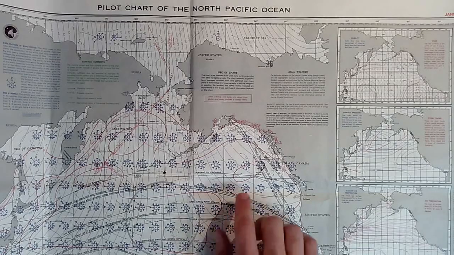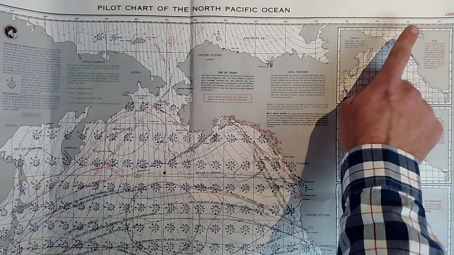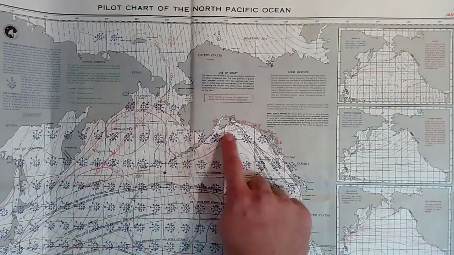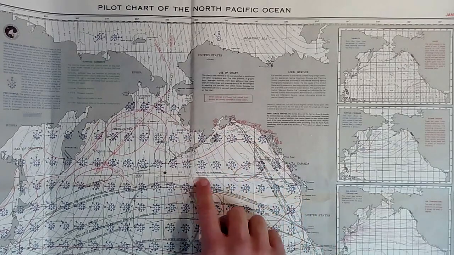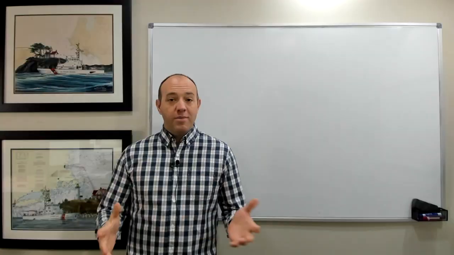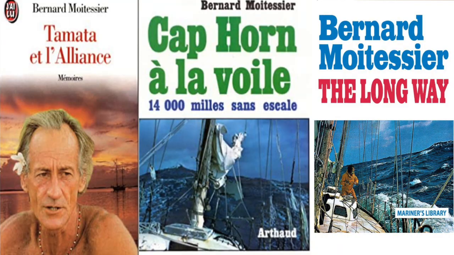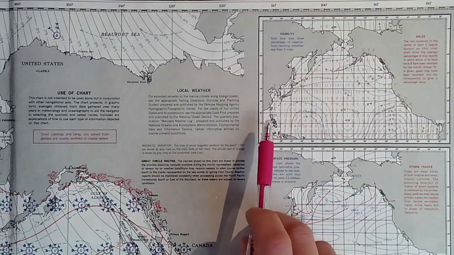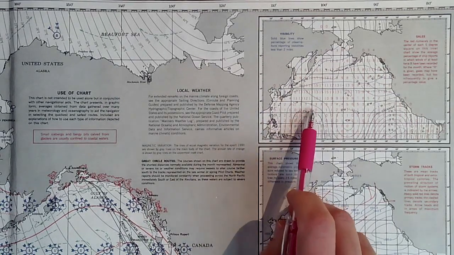The modern pilot charts are broken into monthly pages which give all kinds of great information. For example, it lists average ice extent, storm tracks, ocean currents, all helpful things to know when you're planning a voyage. One of my sailing idols from way back in the day, Bernard Moitessier, famously used the gale information tab on the pilot charts to try and play a game where he sailed only in areas that had 0% gales